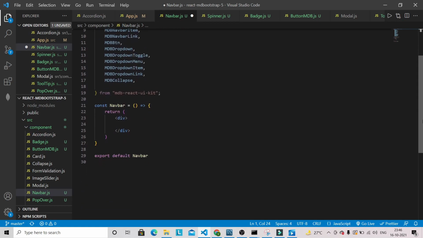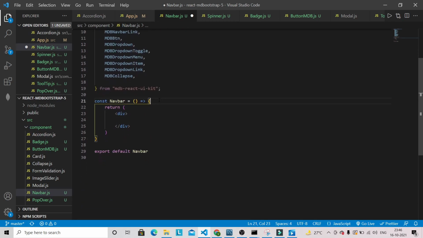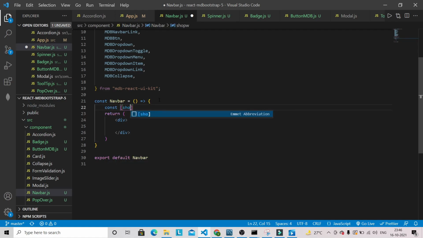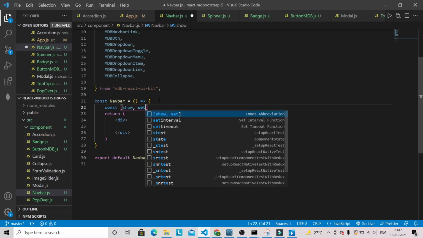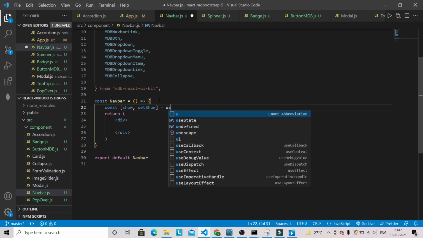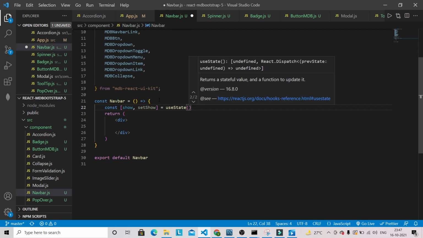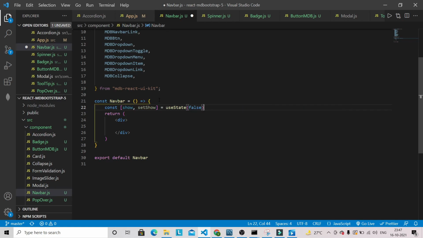We have to maintain one state in order to handle the toggle. So const show and setShow, useState, and by default it will be false.